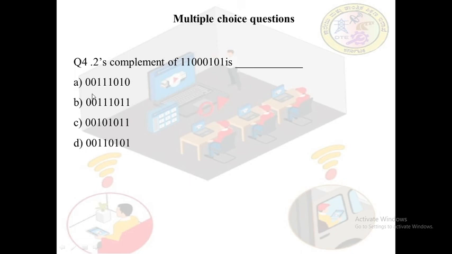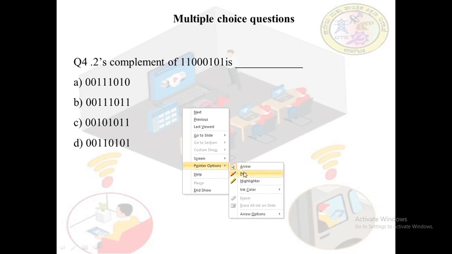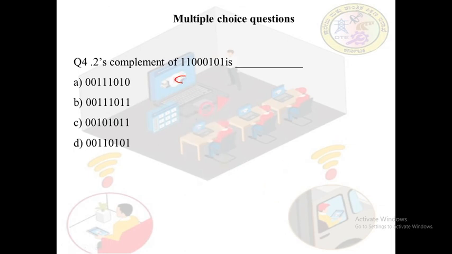Next question 4, twos complement of this number is, twos complement can again be found out by changing this to first ones complement. All ones become zeros, all zeros become 1, 1 becomes 0, 0 becomes 1, and 1 becomes 0. Add 1 to the LSB. 0 plus 1 is 1, and 1 comes as it is, 0 comes directly. So all the 3 ones taken down and 0 taken. So this is the twos complement, where it is option B is the right answer for the fourth question.